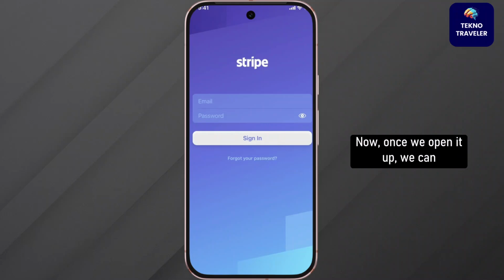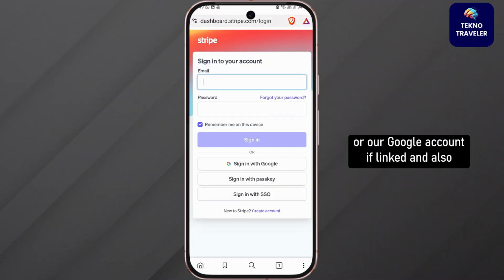application on your device. Now once we open it up, we can sign in into our Stripe account. So tap on the sign in option, and once we sign it, click on sign in option. We can log in using email and password or our Google account if linked, and also complete the two-factor authentication if prompted. This should probably be your sign in page where you need to enter up your credentials in order to sign in. And once you are signed in, you can access the Stripe dashboard on your device, and that's